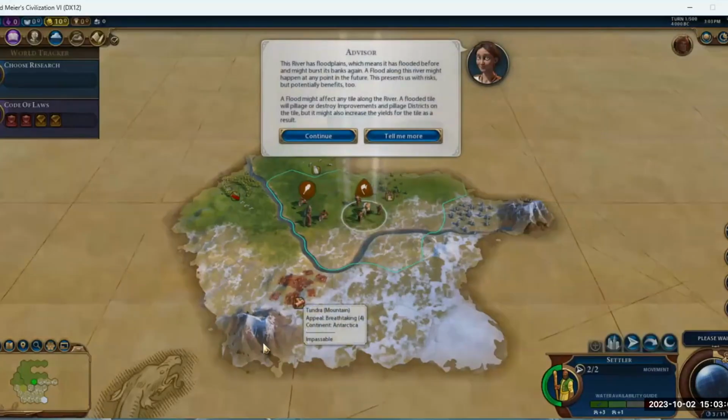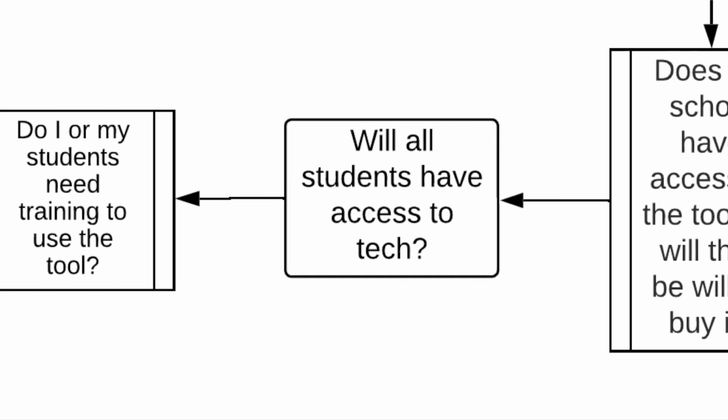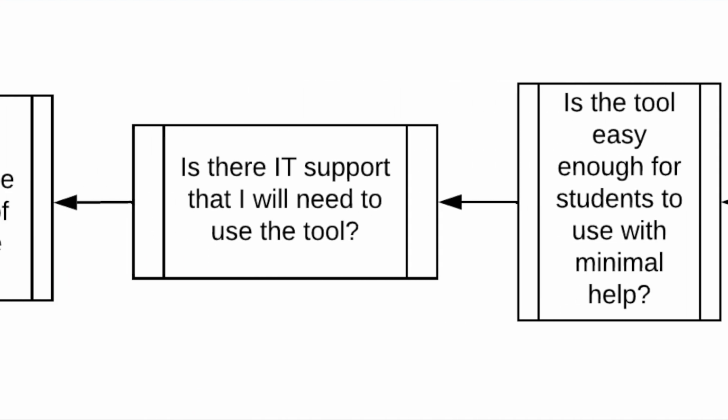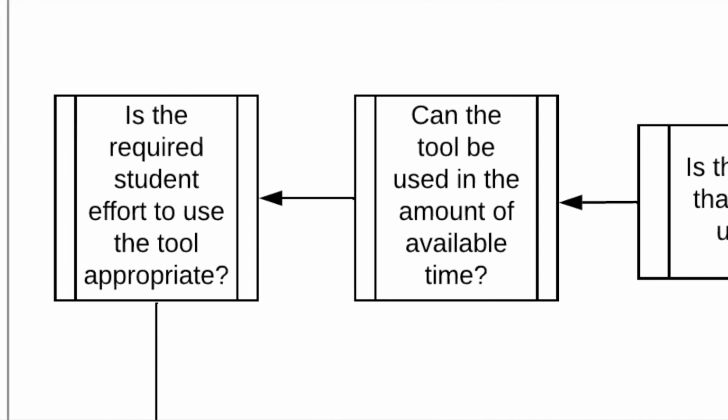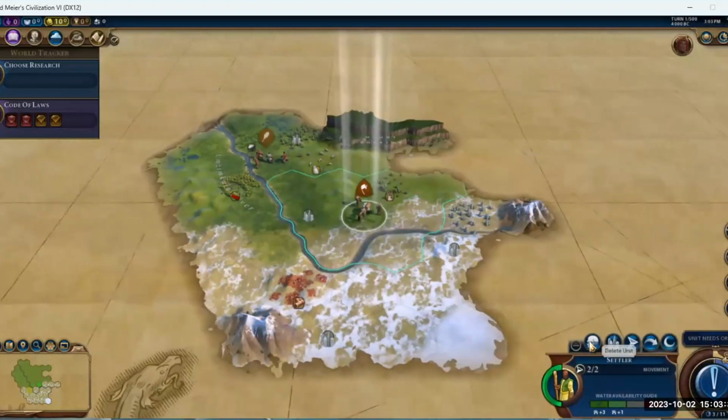So it may be that the game only lends itself to certain ideas. Can it be done in the amount of available time? It depends on what my goals are. I may have to revise those in order to make this all work. It may not be perfect, but